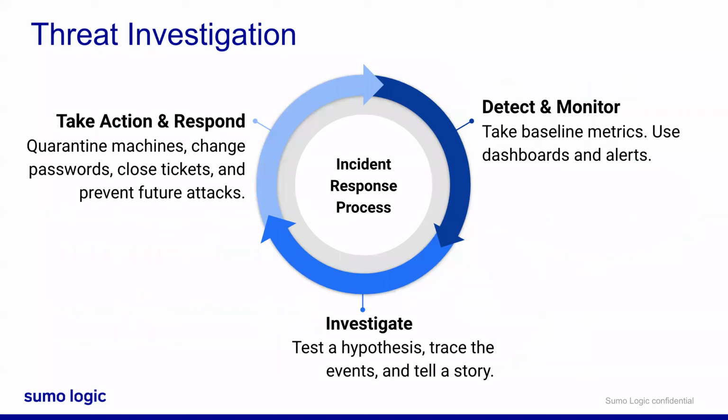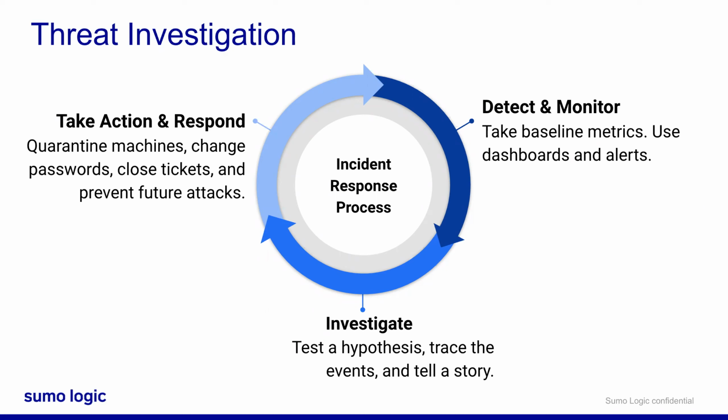Now, before we do, I want to talk about threat investigation and threat hunting. Threat investigation is reactive, while threat hunting is proactive. Typically, threat investigation happens in response to an alert. And once you've investigated a threat, you can then hunt for similar threats and take precautionary steps to prevent attacks from happening again. Threat investigation is an iterative scientific process, much like troubleshooting.